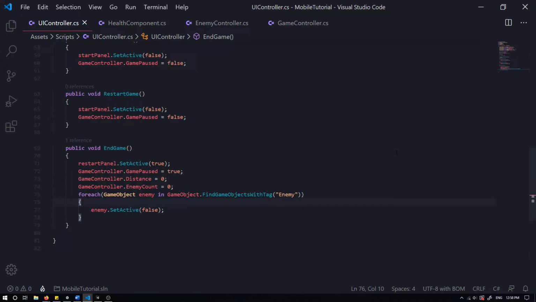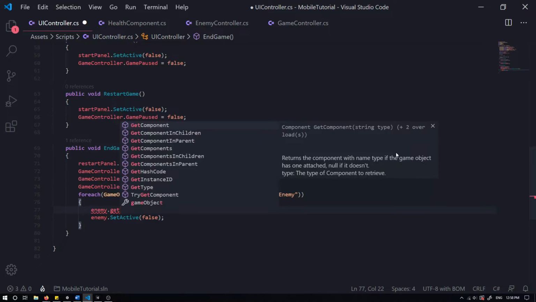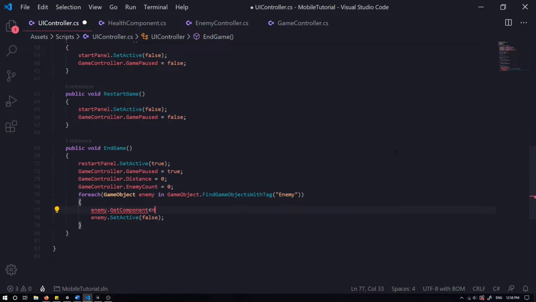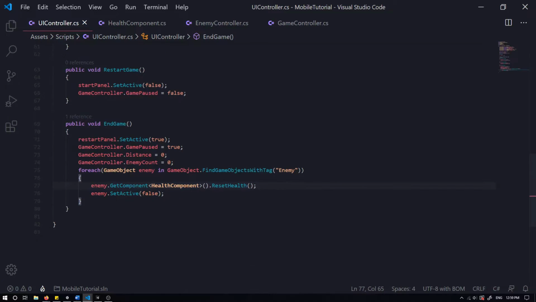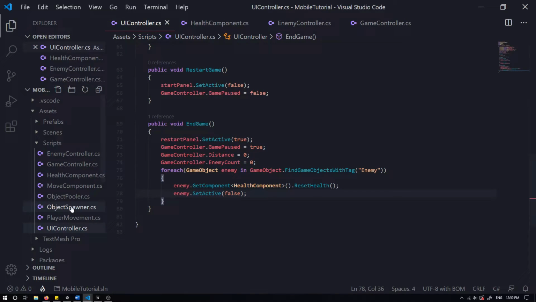And also we want to reset their health, so we can also go enemy dot get component health component dot reset health. This is to make sure that if we die when we're attacking an enemy, the enemy's health goes back to its max health for when it gets spawned again in the future, and then we'll set it to false. So now we need to open up our object spawner,